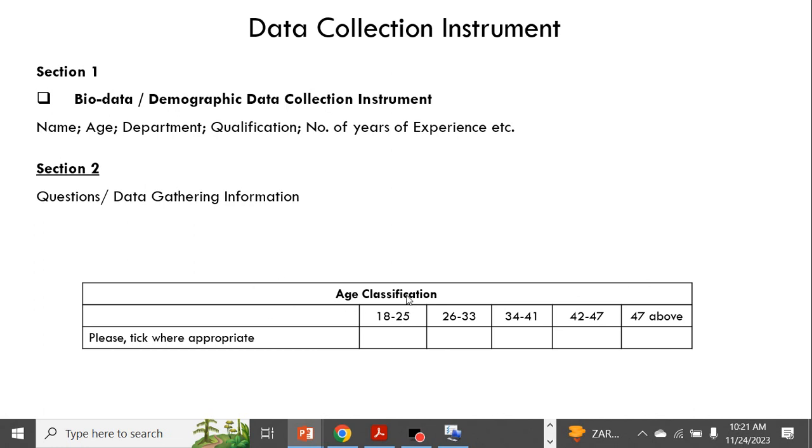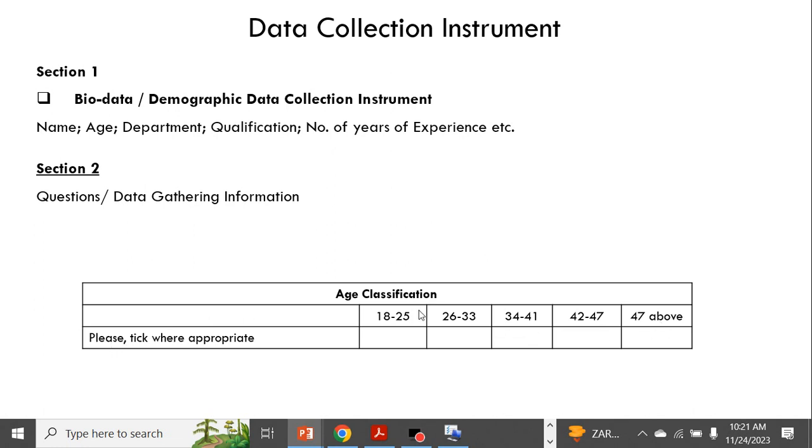Having said that, a data collection instrument will look in this format. For section 1, we have extracted the age classification, whereby the respondents of the study are expected to align with and indicate where suitable in the suggested information that is being given to them.